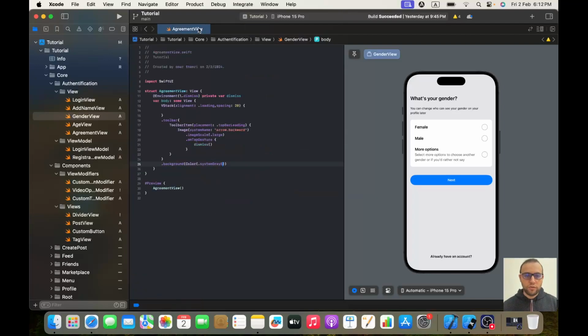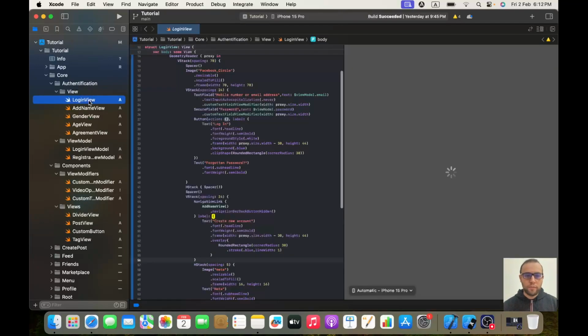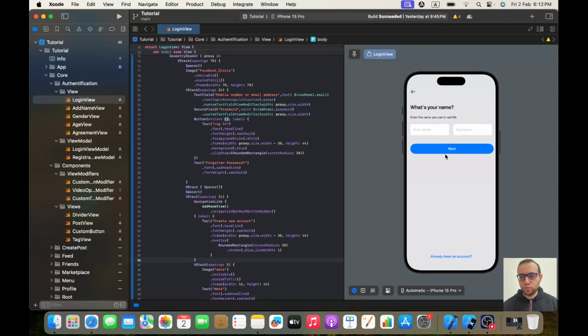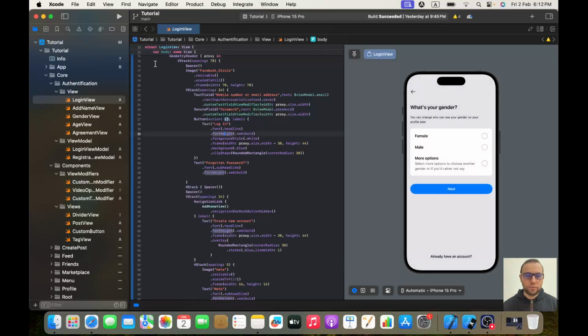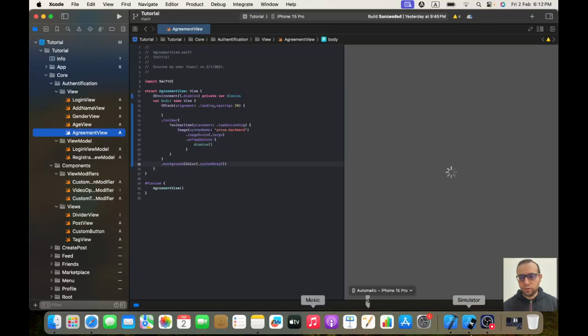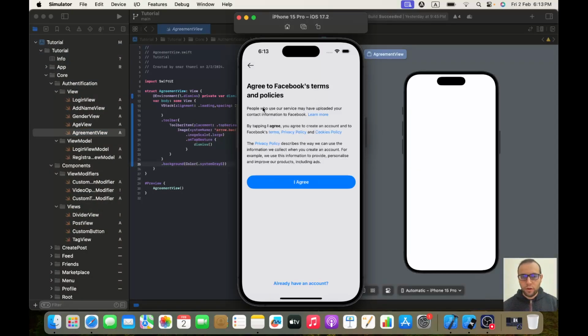So if I go to my login view, because here we got the navigation stack, if I click create new account, from here to how old are you, if I go next to the gender, then I got this one, which is perfect, the way I want it. And if I click on it, I'm back. Okay, great. So let's go to our agreement view, and here, as you can see, we got agree to Facebook